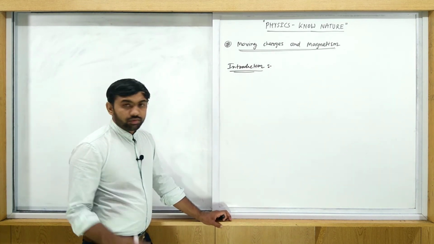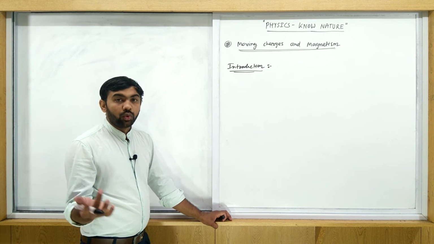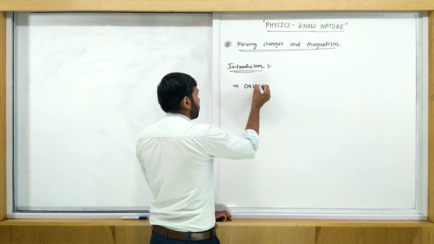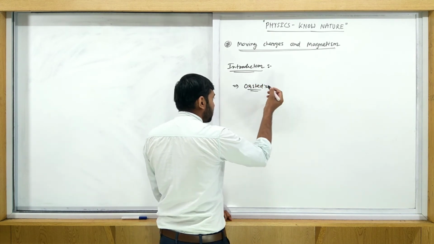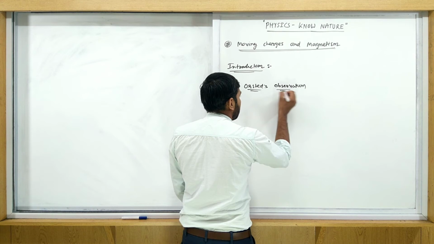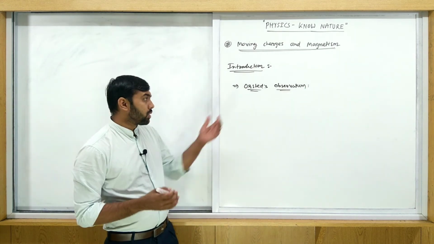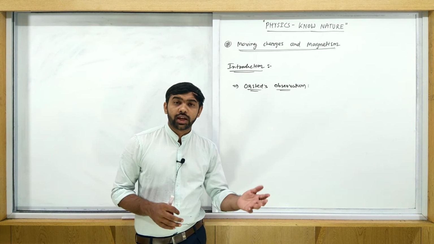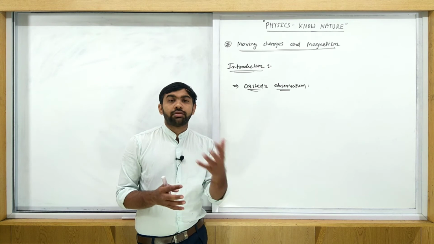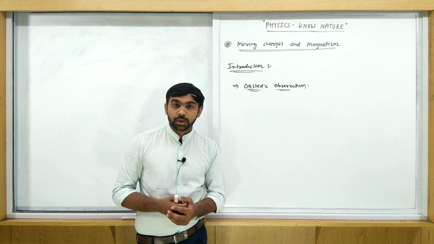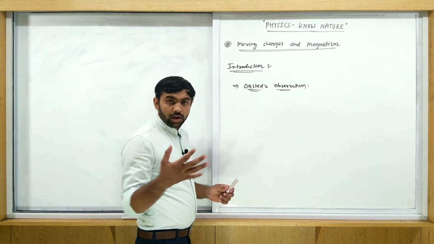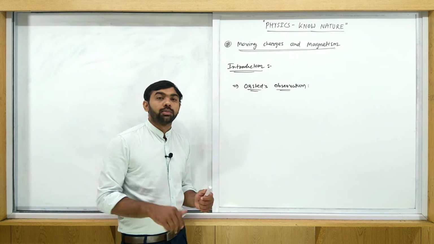A simple one teacher, actually Oersted, we call him. The name of this teacher was Oersted. So first we discuss Oersted's observation. About 200 years ago, Oersted performed an experiment. At that time he found something, and after this the magnetic field came into the picture. Now consider which type of experiment he performed and what he observed at that time.